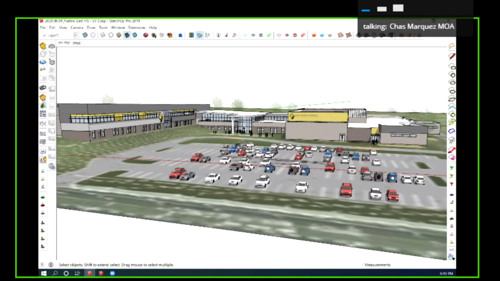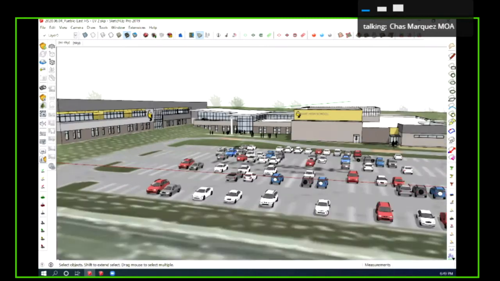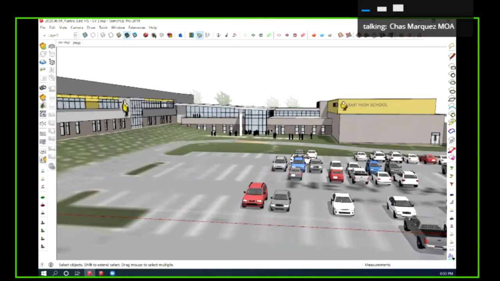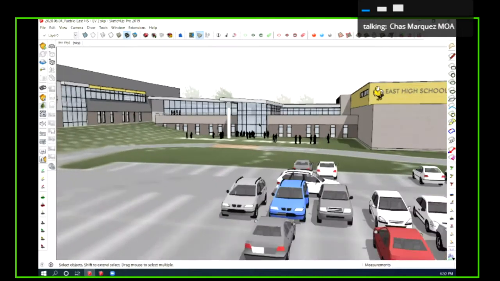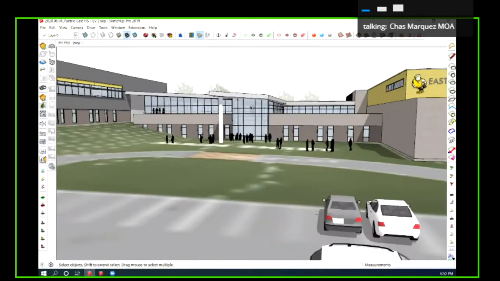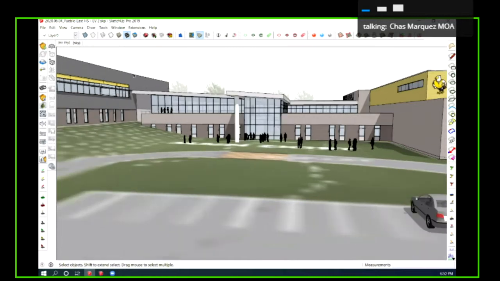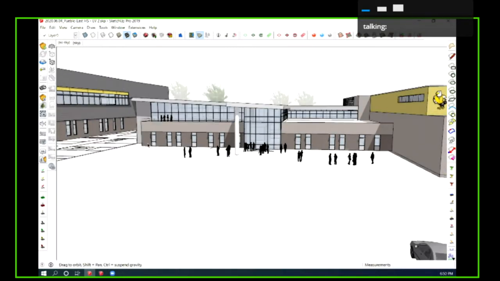So you're not going to show up at Centennial and think you're at East, and vice versa. So they have very distinct, different architectural features. So in this element here, you can see that we're going with a slope roof, but again, relating to some of those volumes. And I think that this was a nice strategy for this particular design, since we do have that step. Let me kind of show you how that's working.